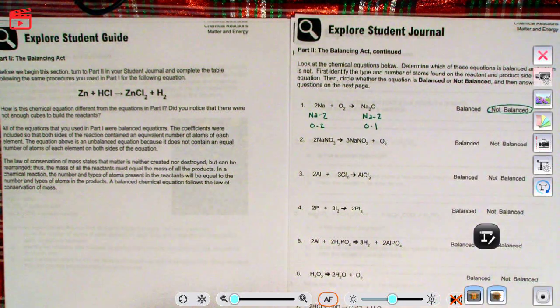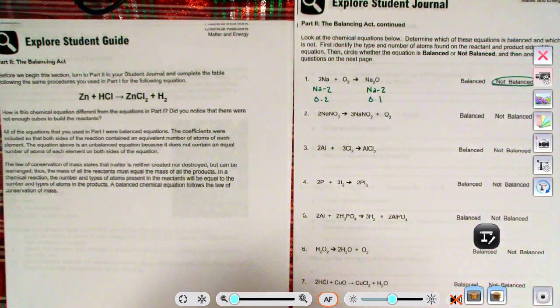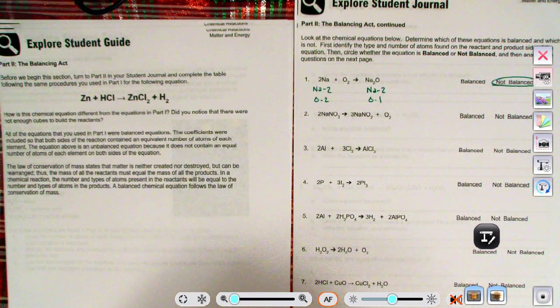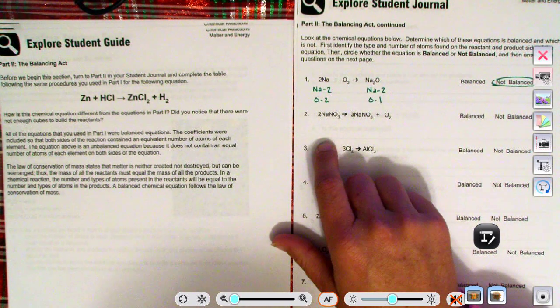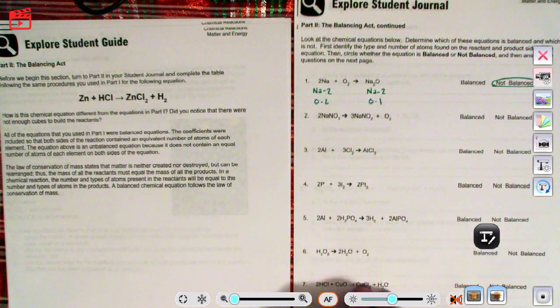All right, so you are going to go down and you will label each one on both sides, and then you will count them. If you do not understand how to do that, you need to send me a message and let me know, and we can get on a Zoom and I can walk you through as many examples as I need to so you understand how to do that, because it is very important that everybody knows how to label, count, figure out if it's balanced or not balanced. All right. So you'll do that section,